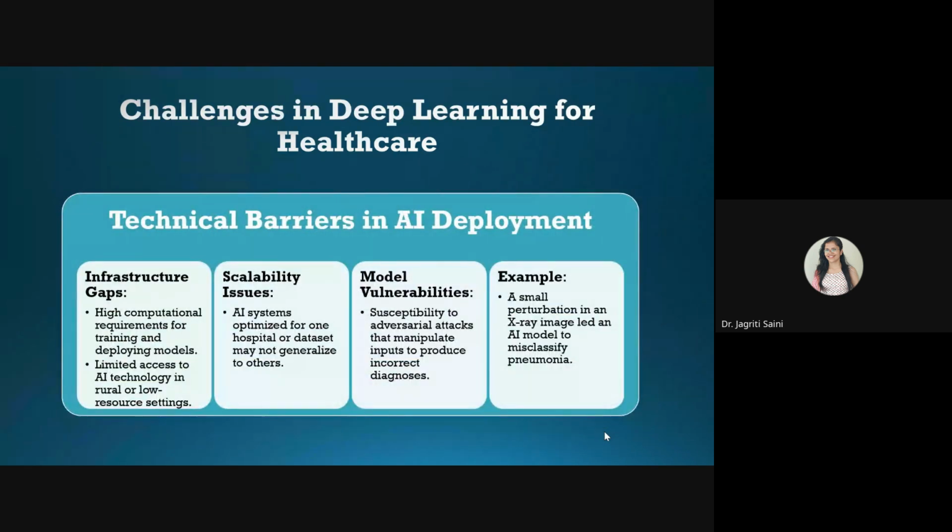And other than this, it is about technical barriers also in AI deployment. Like if we consider the medical domain, if we have to design some solution, it should be relevant to what problems people are facing in the medical domain, and that requires cross cultural intelligence. Like if a technology background person is trying to design something for the medical people, they may initially not have complete information about how to deal with that data. So chances are that we need to lead a multidisciplinary research.